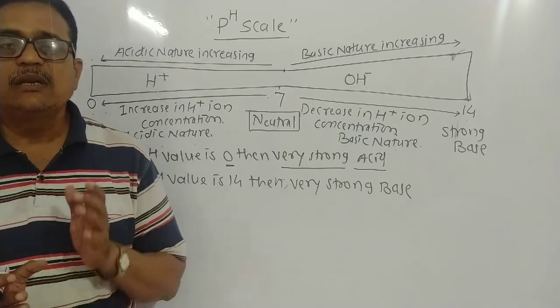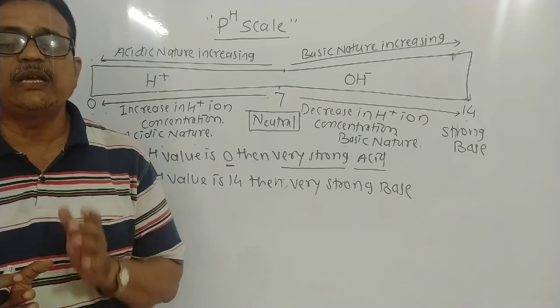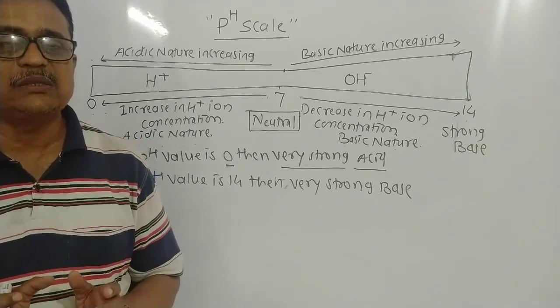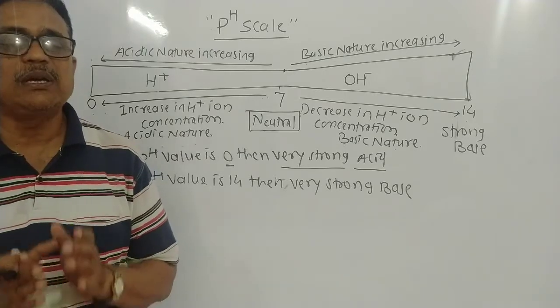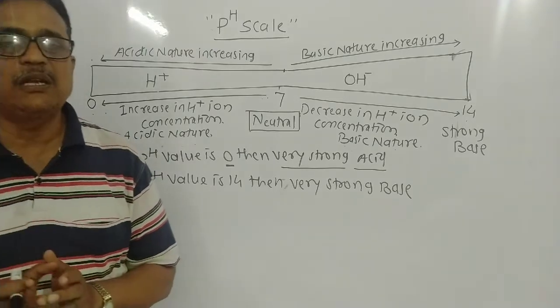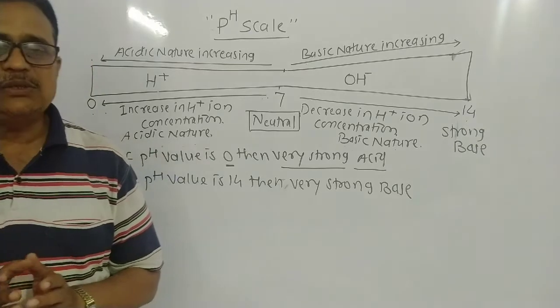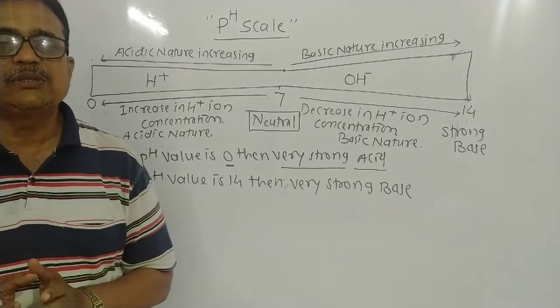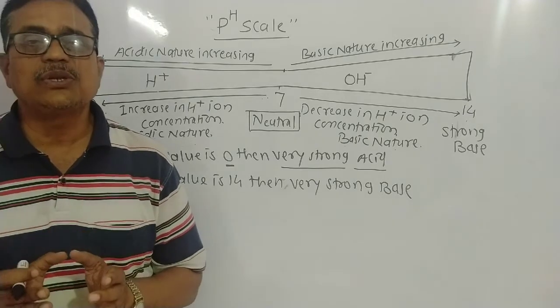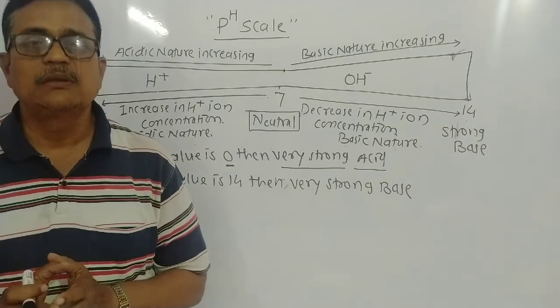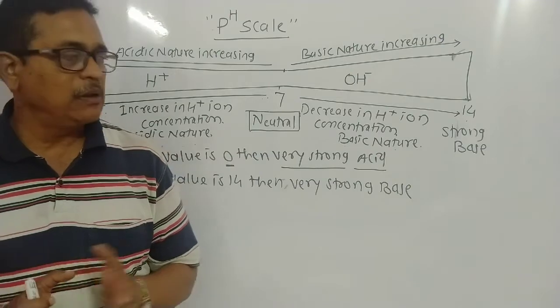Up to this video lecture, we studied what is an acid, what is a base. Then the main and important topic of indicators. Indicator means to indicate the nature of a substance or solution, whether it is acidic or basic. Then the types of indicators. Then the universal indicator, that is the pH scale. And the universal indicator is also present in the form of a solution.